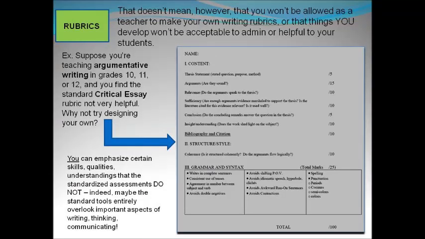Now, that being said, those are the government rubrics, but I haven't always used the government rubrics. You don't have to necessarily. People kind of look at you funny when you don't, and some English departments are more anal that way than others and more power hungry. But really, suppose that what you want to do with your students is teach them how to write a more